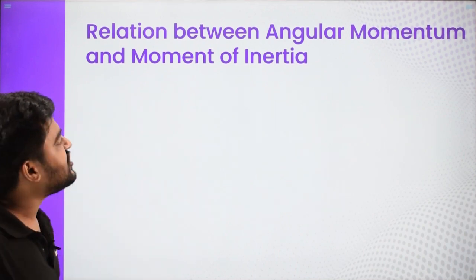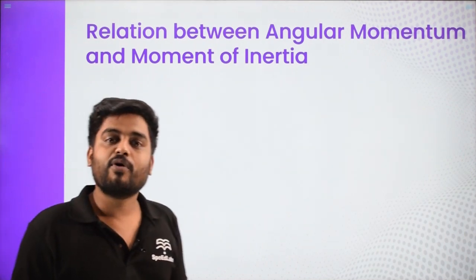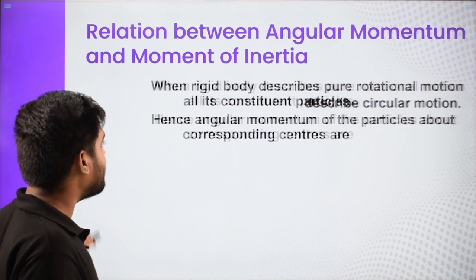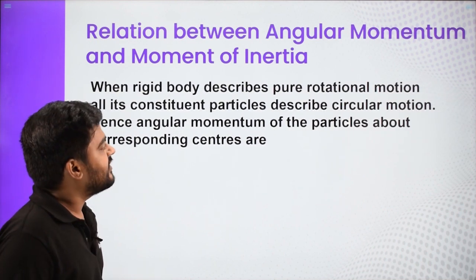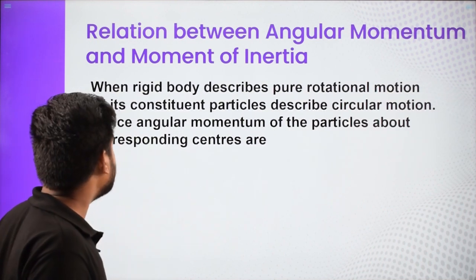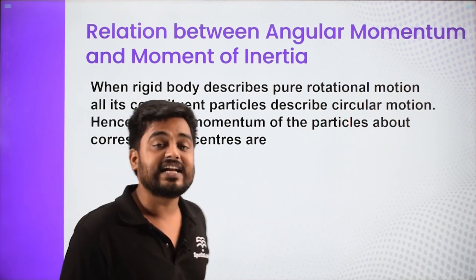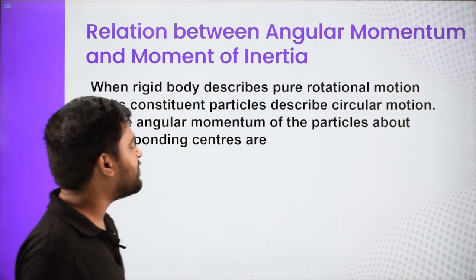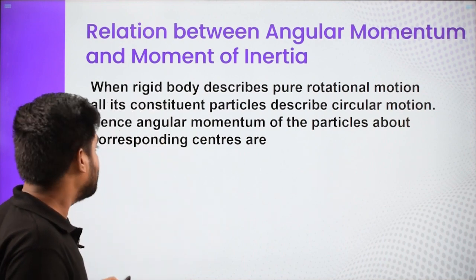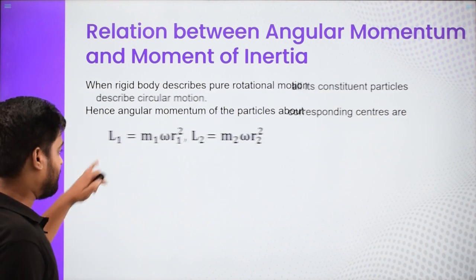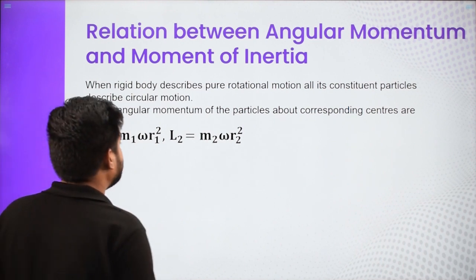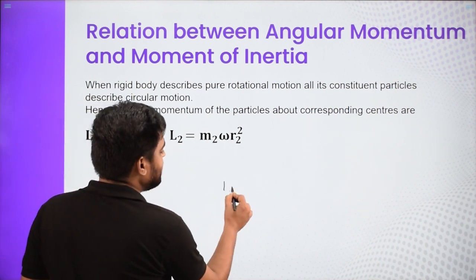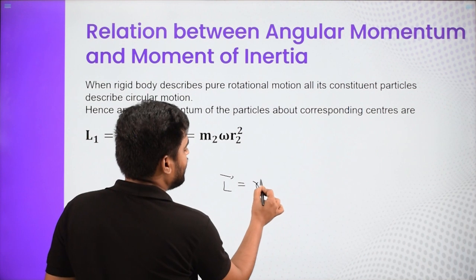So now, the relationship between angular momentum and moment of inertia. When a rigid body describes pure rotational motion, all its constituent particles describe circular motion. This is what we had already discussed. And the angular momentum of the particles about the corresponding centers are... Now how do you write angular momentum? You will write angular momentum is nothing but r cross p,